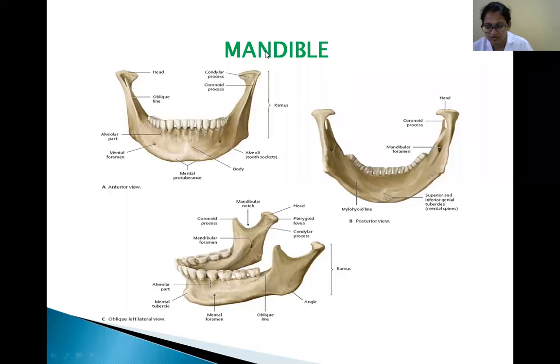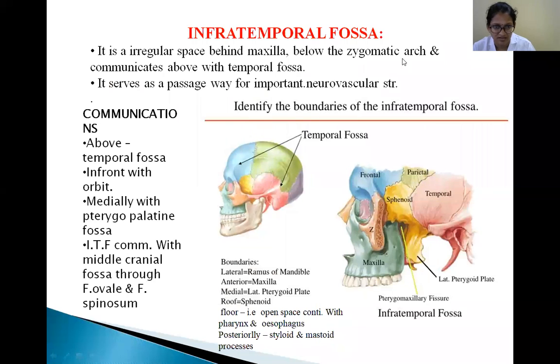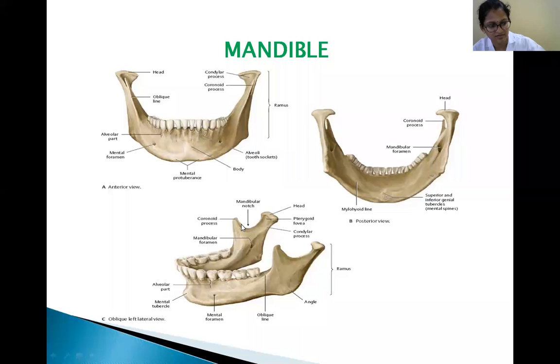This is the mandible. Already you had seen the mandible in the norma lateralis. Coming to the anatomical position of the mandible, you hold the mandible at the sides of the angle. Okay, this is the position for the mandible. The mandible is the largest, strongest, and the only movable bone in the skull.